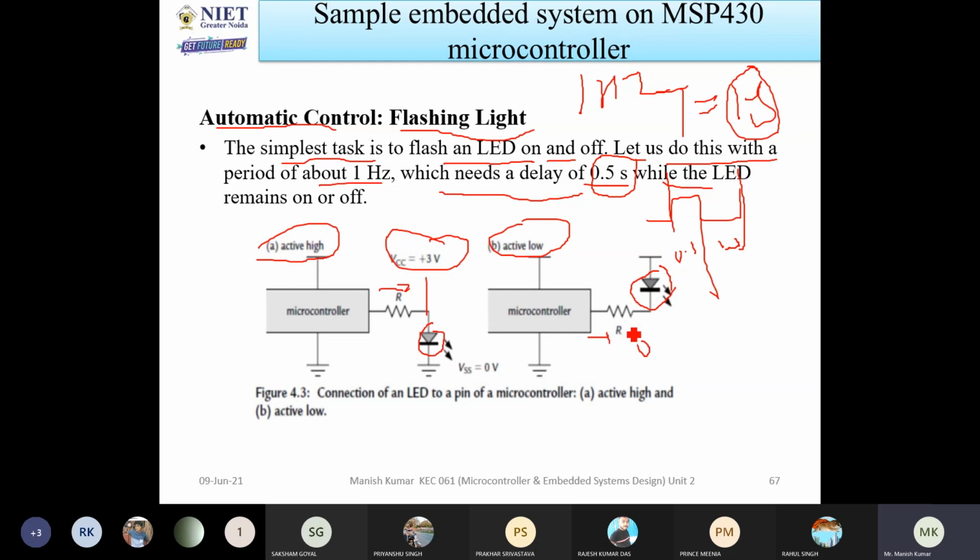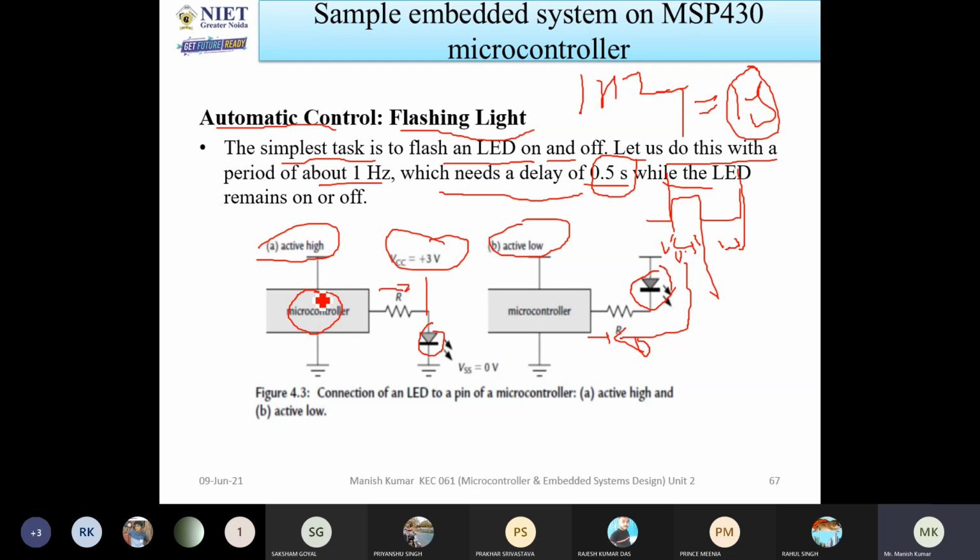If you have the 0 and VCC is there, if it is applied continuously, the current will flow like that. That is why it's called active high and active low. In both cases, I have used the MSP430 microcontroller, and with it you can use any pins or any ports to interface the particular LED.